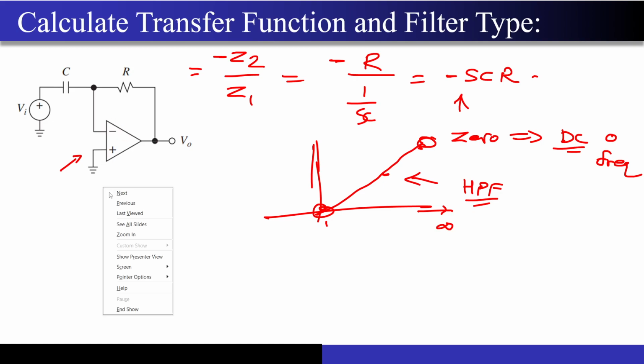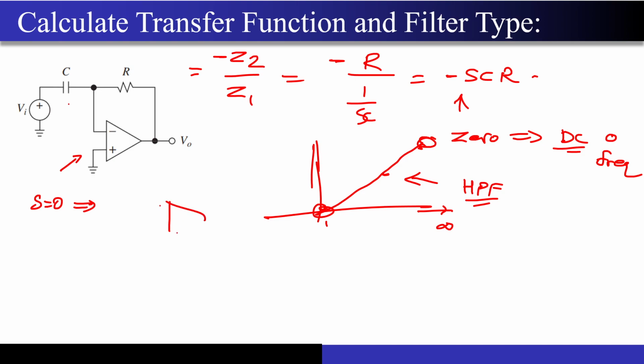Again, if you want me to do one more helpful thing, what if I put S equal to 0 over here? This capacitor will act as an open circuit. I will just draw the circuit, that will be much better actually. This is negative, this is positive. I just have a feedback resistor between the negative terminal and the output, and this is connected to the ground. Since this is a heavy negative feedback and the op-amp is ideal, even this is going to get grounded. So my Vout will be equal to 0.